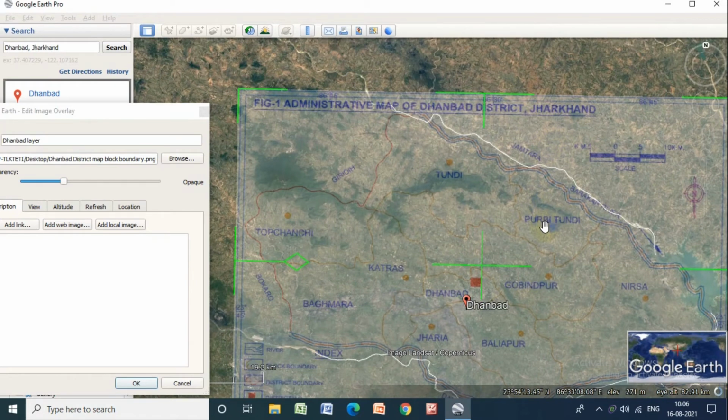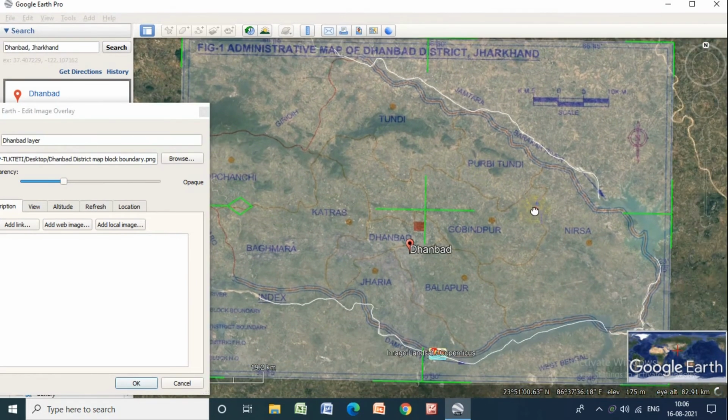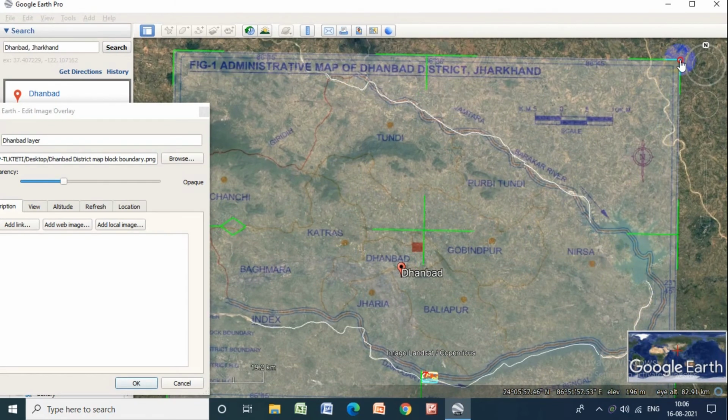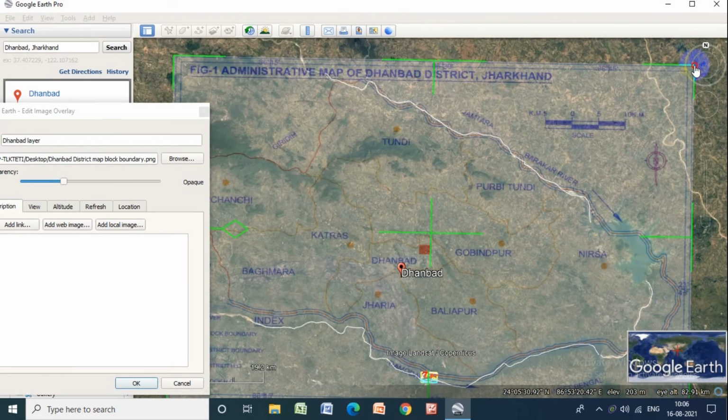The photocopy of the external map may not be correct, but we have to try to match exactly.